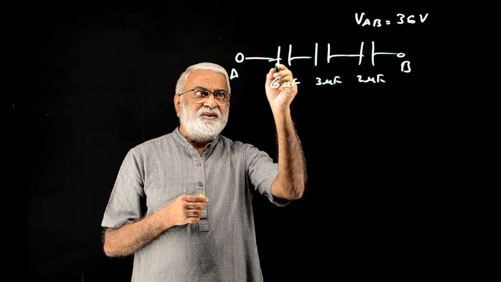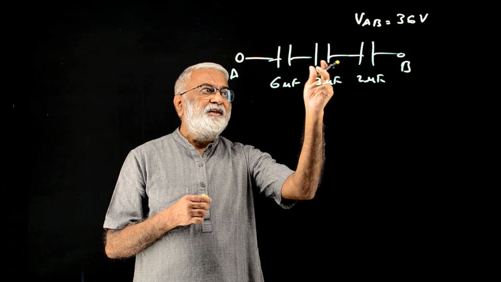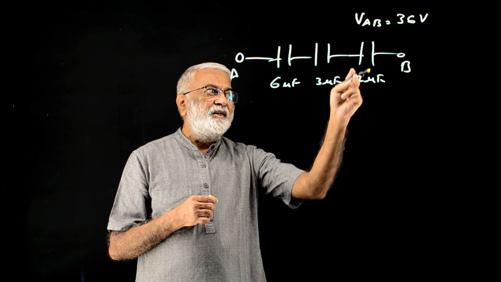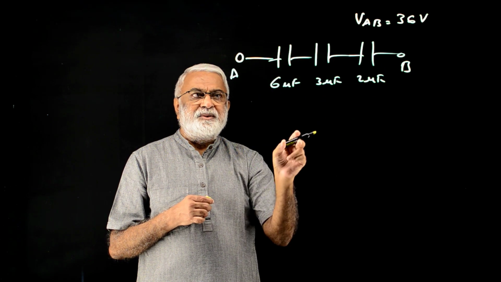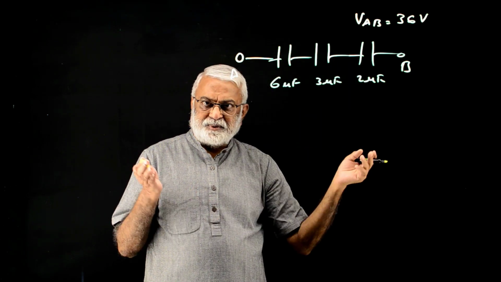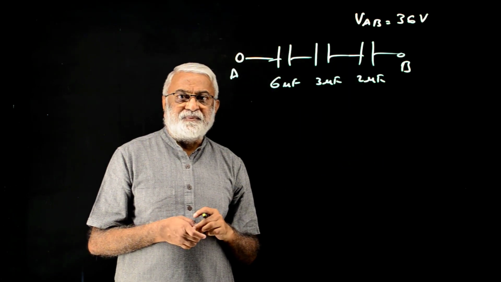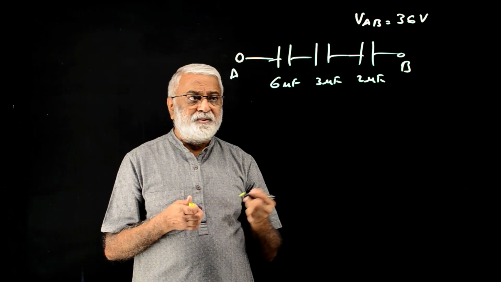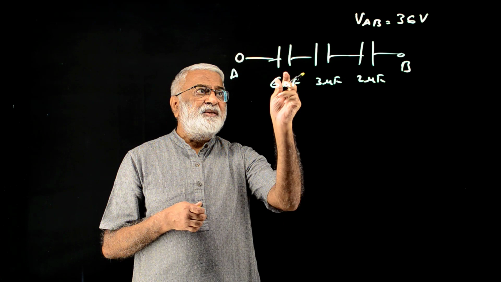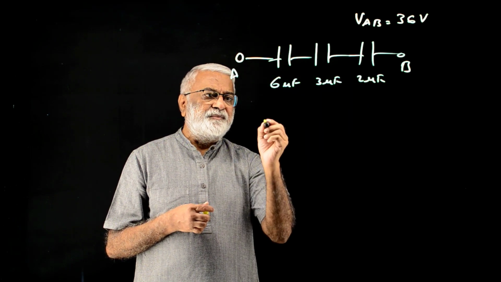So 36 by 6 is 6 volt. 36 by 3 is 12 volt. 36 by 2 is 18 volt. So 6 volt, 12 volt, 18 volt. Those are the individual potential differences. No serious calculation here. Alternately, you could say if the potential differences are V1, V2, V3, then V1 is